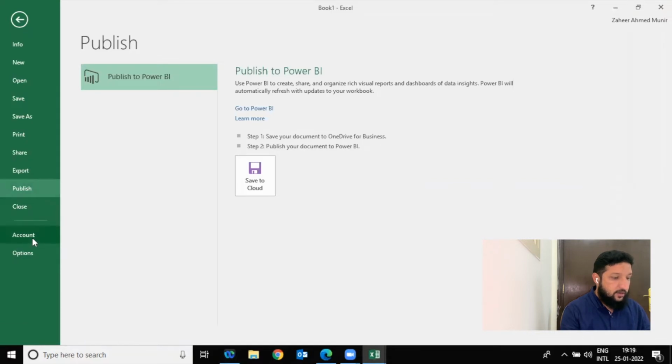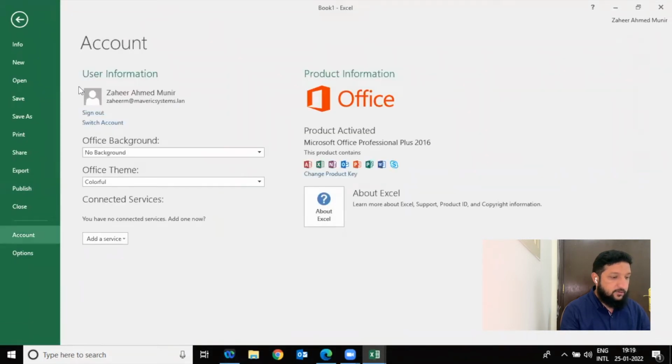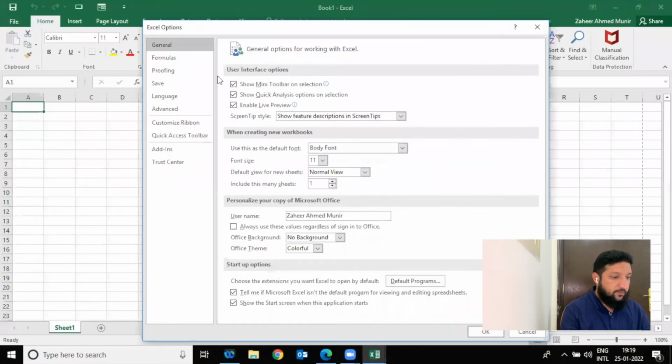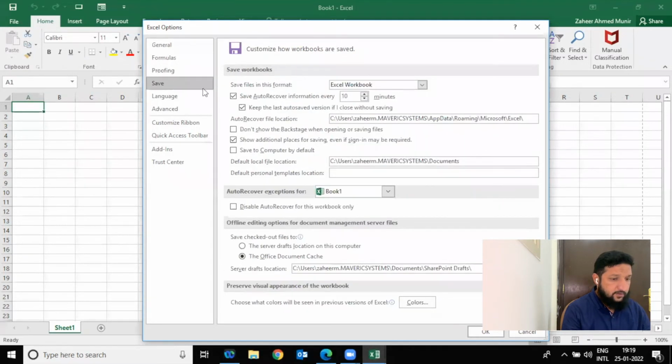And here we have an account related option where you can see some of the information related to this particular account. And if you go to the options, there are a couple of basic options. These are basically setups, where you can display certain things or change any formula, everything. One thing I just wanted to explain, for example, here, if it is a general, let's say save, and for example, if you go to,